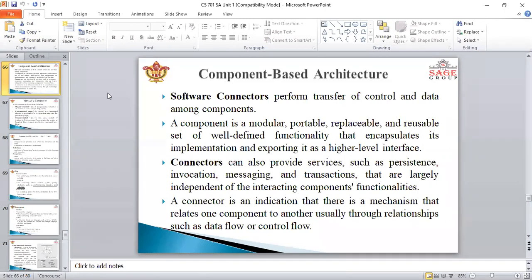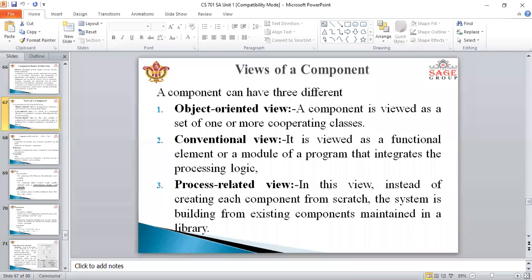So what is the view of the component? Here you can see the component can have three different views: the object oriented view, the conventional view, and the process related view. So what is the object oriented view?